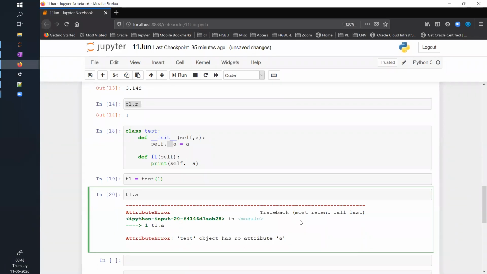So all this while, when I was creating attributes and assigning values to them, I was initializing those variables and parameters in a way that is accessible in this style. But I want to control this. I don't want users to access the attributes in this way.